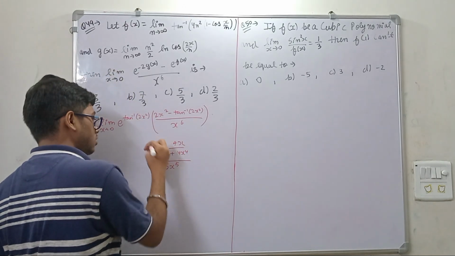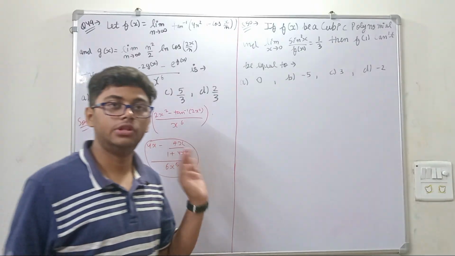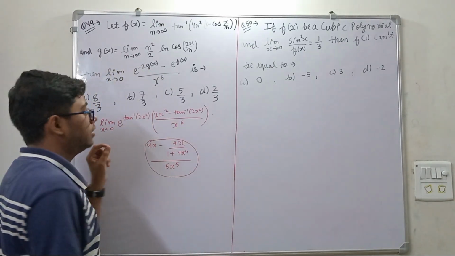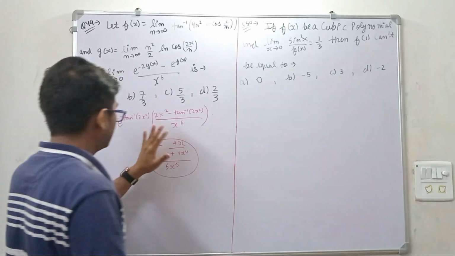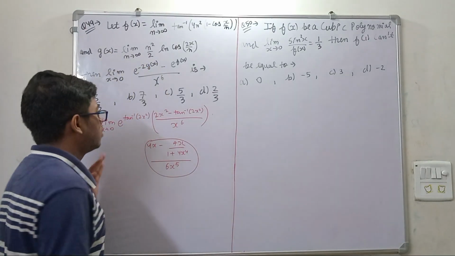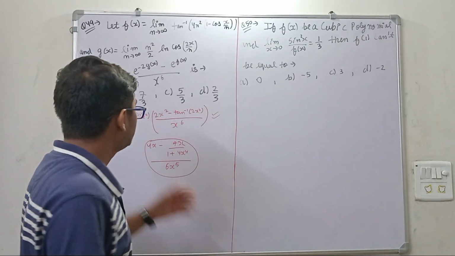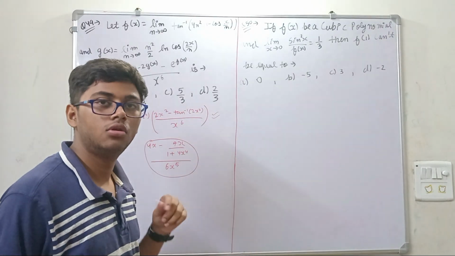So here generally students try to go with the standard approach, and I have also tried the standard approach, but this is becoming very lengthy. So we have to think something else. Many times whenever we solve a limit question, some situation like this will come where you need to think what we can do now.